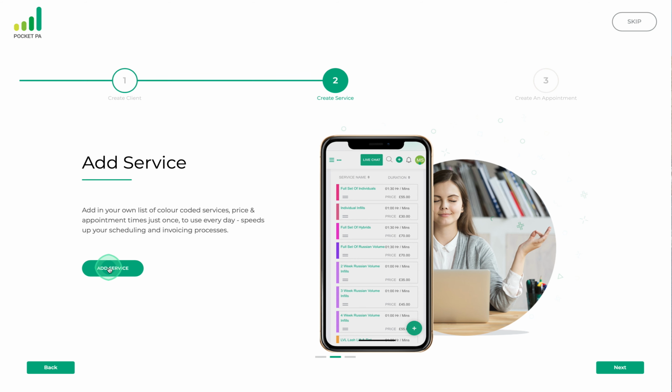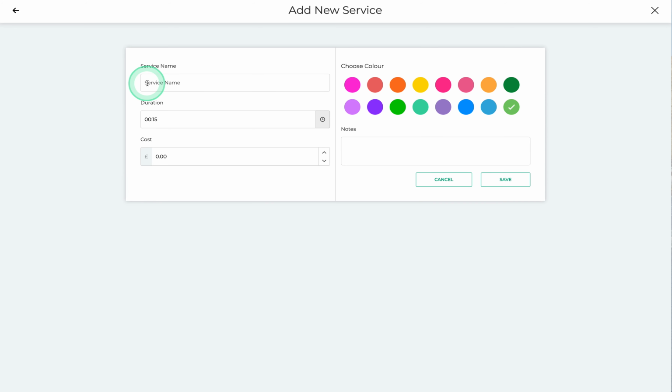So clicking on the Add Service, you'll then just need to enter a service name. So if you're a hairdresser, you might give a haircut, and on here you're then going to put the length of the actual service. So if it's 1 hour, you choose 100 and press the done, so that's 1 hour, and then you enter in here the actual cost price of what you charge for your haircut. So for example £25, or you can use these little tabs here to be able to reduce it or increase